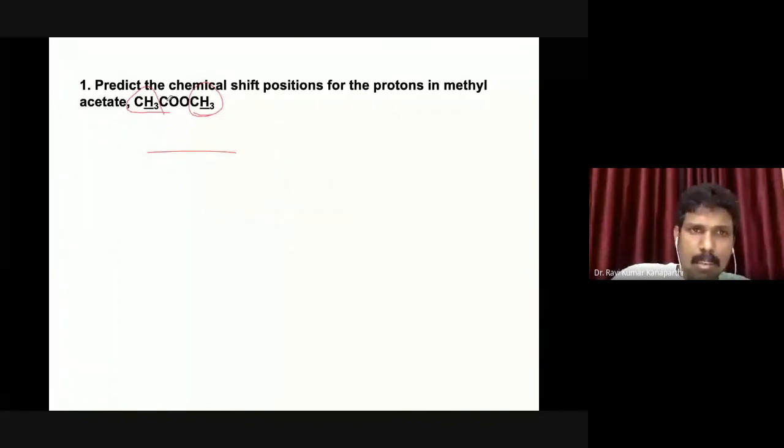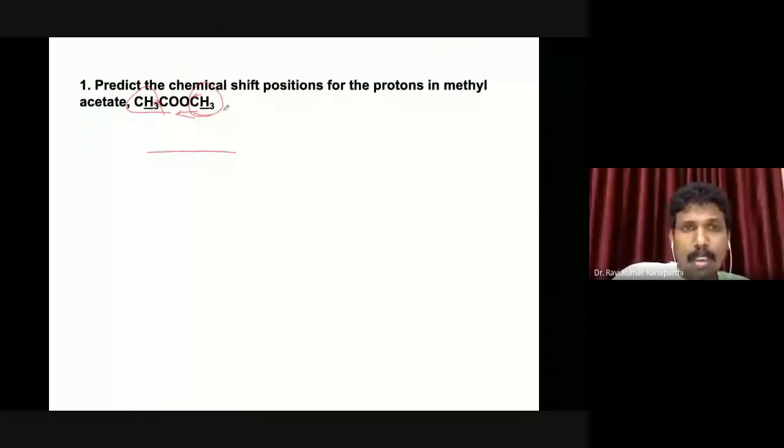You are thinking that it is connected with the carbon. Carbon is not that electron withdrawing. Carbon electronegativity is less as compared to the oxygen atom. So the oxygen atom pulls the electron towards itself from this methyl carbon, right? Whereas in this case, it is a carbon. But here there are two different things involved. So this one will be at 2.0 on the left hand one, and this one will be 3.6 ppm.